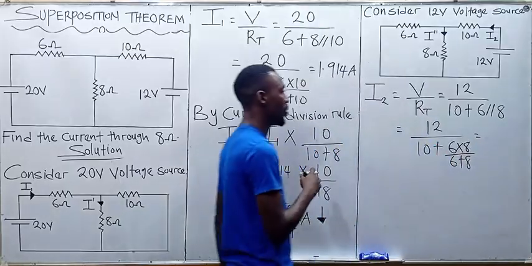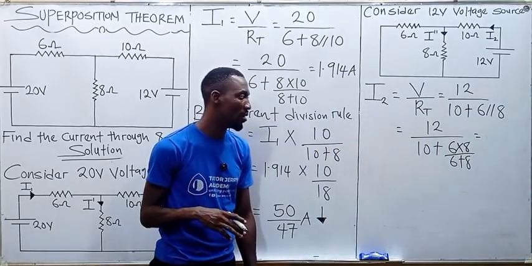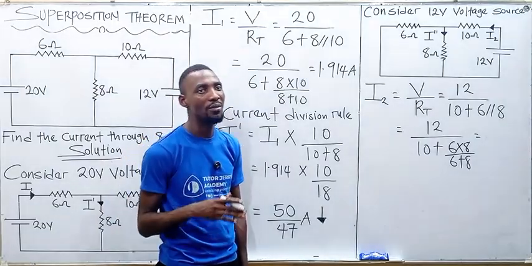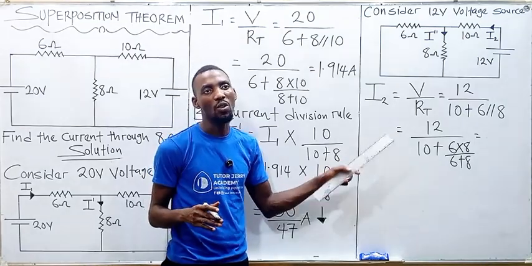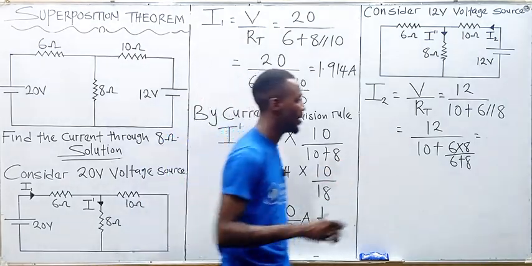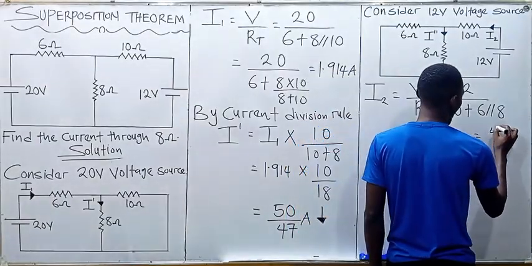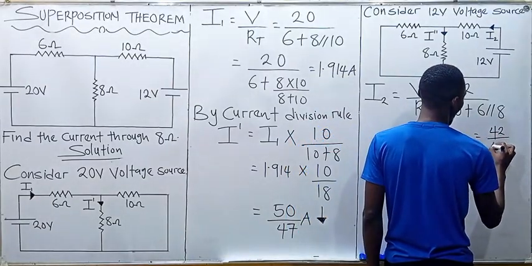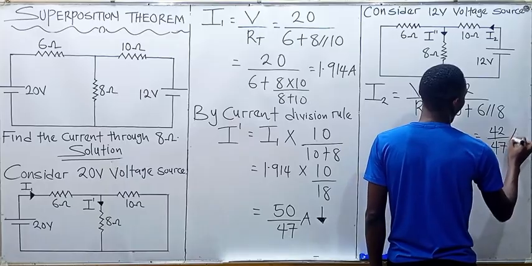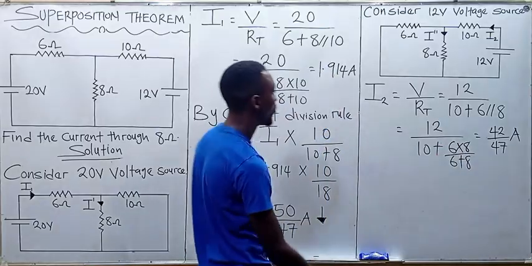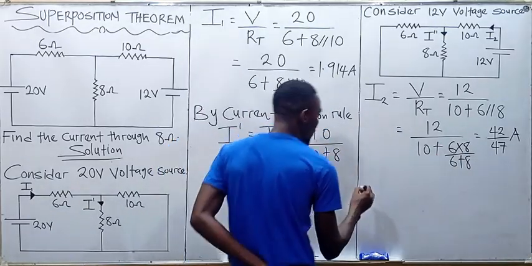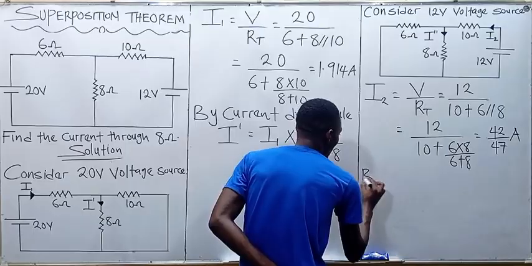So we're going to have 6 multiplied by 8 all over 6 plus 8. All right. So if you press this directly in your calculator, what are you going to have? You are going to have this to be equal to what? 42 over 47 ampere, and this is going to give you 0 point something. All right, so by current division rule,